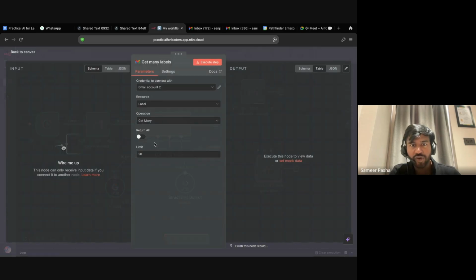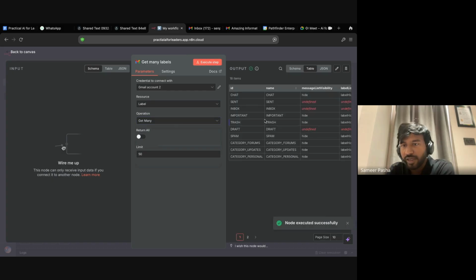That's what we are trying to get here now. My Gmail is already connected to this. Label, create, delete, get all the label details. So I'm going to click on this, right?